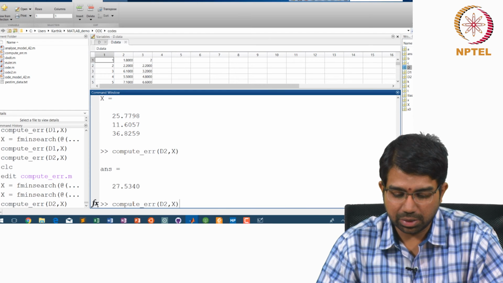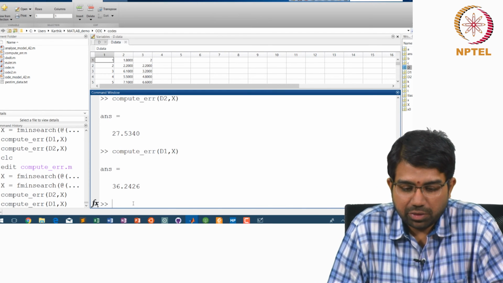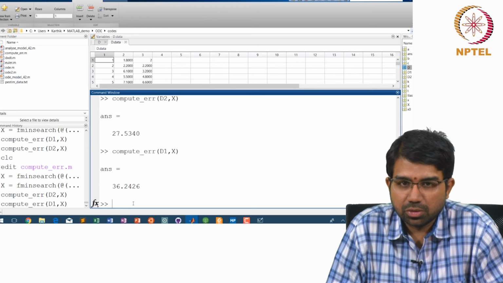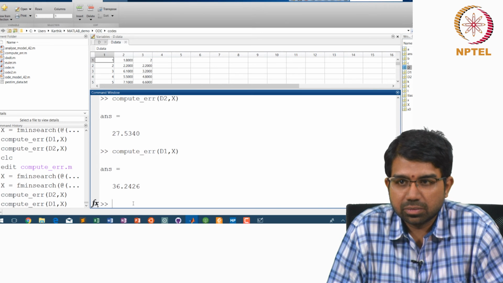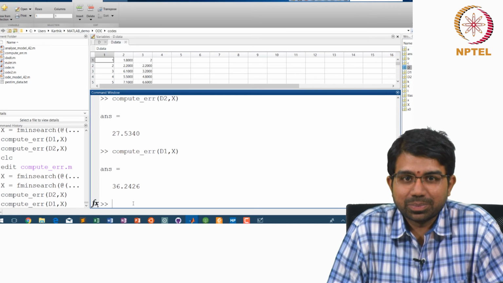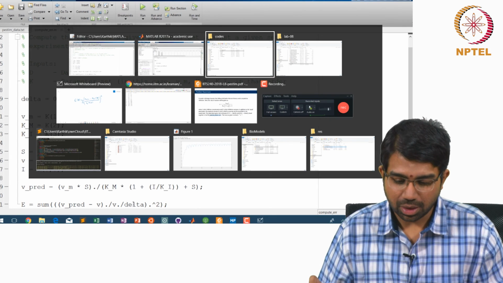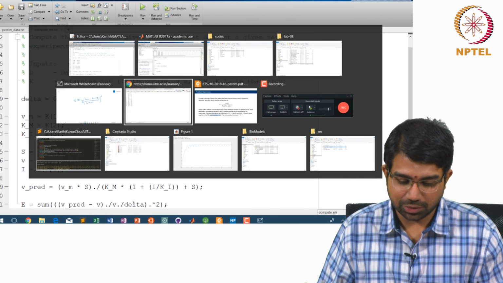So, the minimum error I am getting is something like 27.53 for the second data set and 36.24 for the first data set, which is not too bad. Because if you look at the cost function,